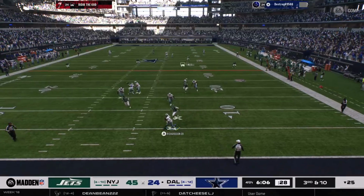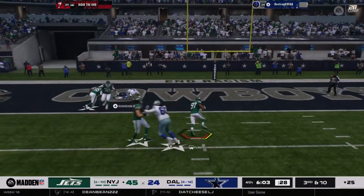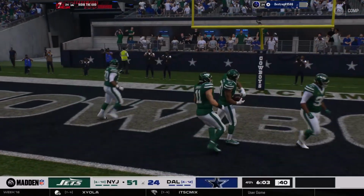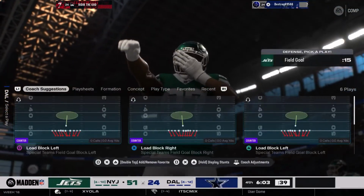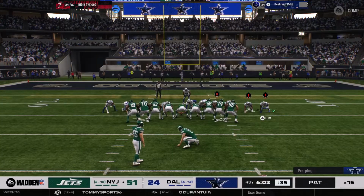Forced out to his right. And this is intercepted. And he's going to score on the pick six. Touchdown, New York. Defense getting in on the farm block with that fourth quarter lead as they provide a nice little boost there